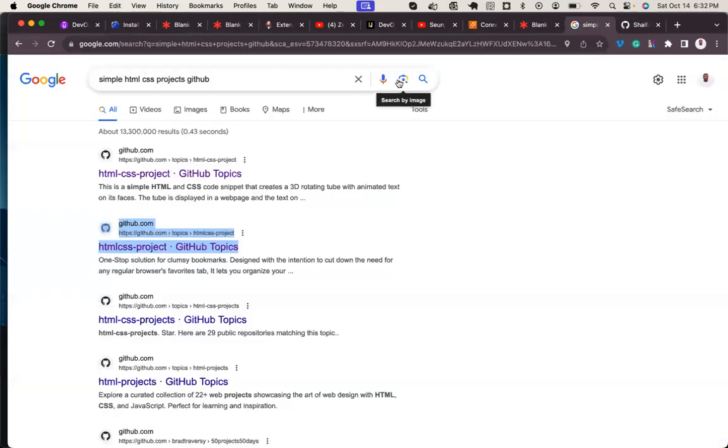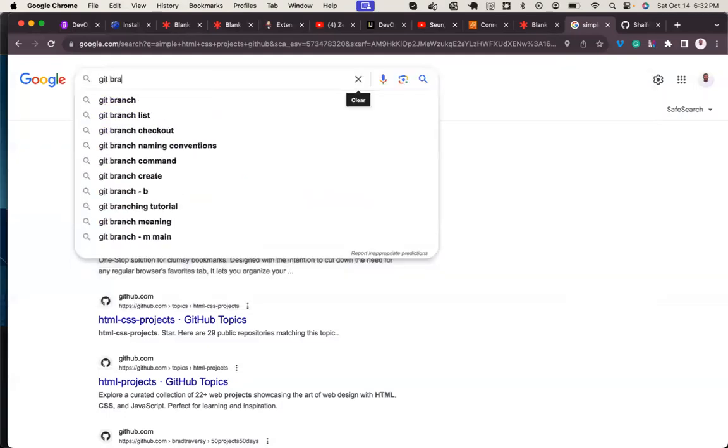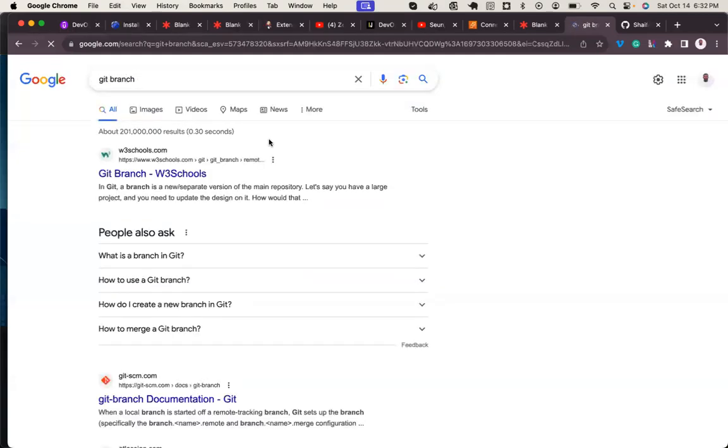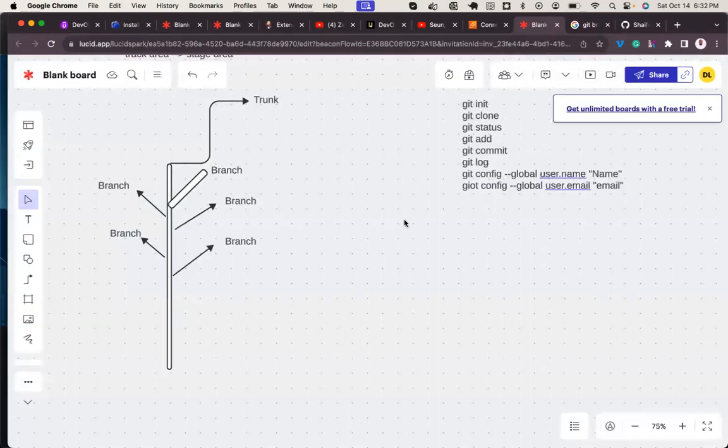So let's take a look at the definition of a Git branch. In Git, a branch is a separate version of the main repository. You could be asked in an interview, what is a branch?